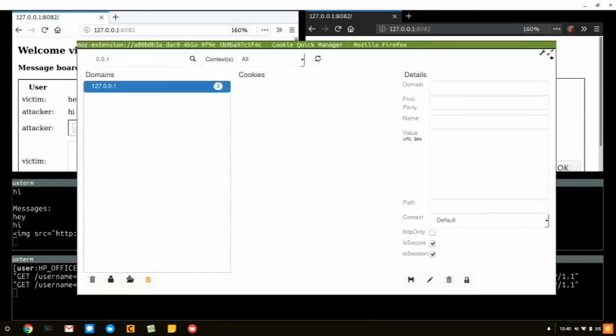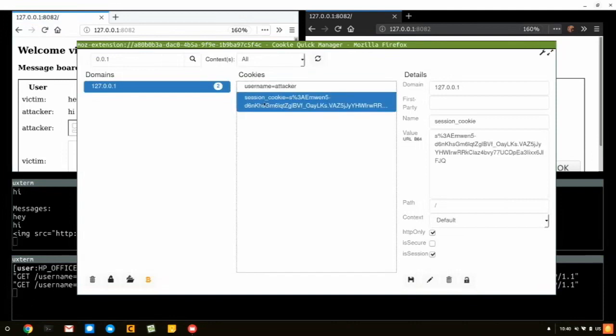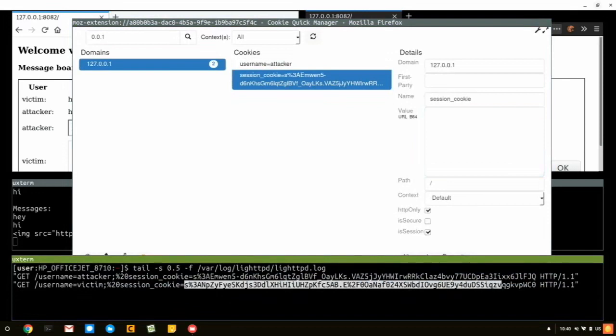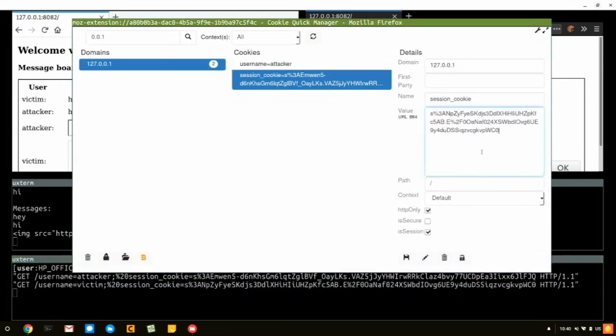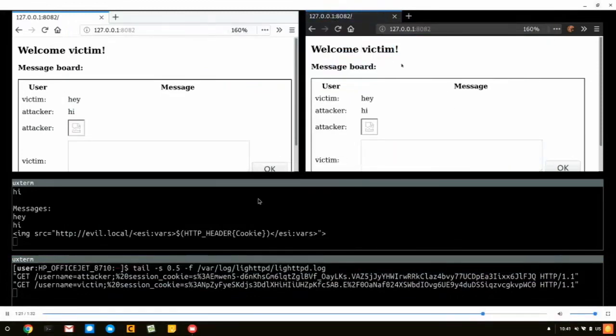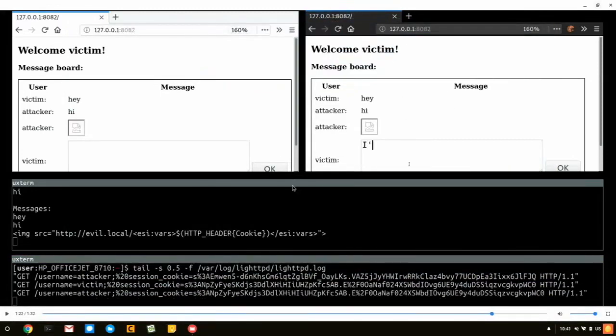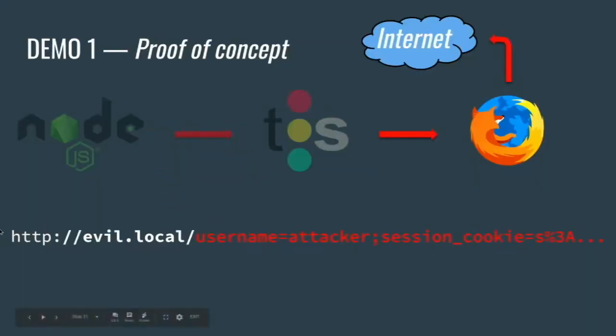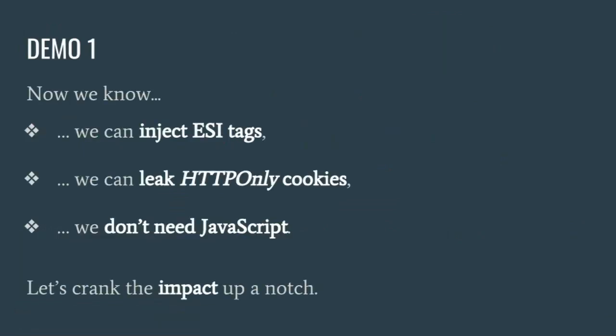We're going to look at all of our cookies right now, and we confirm that the session cookie is HTTP only, meaning that JavaScript could not have accessed that cookie. We're going to replace our own value with the one that we just stole. We're going to save and refresh. And there you go. So we just did JavaScript-less session hijacking using ESI injection. Okay, let's just go back here. So now we know we can inject ESI tags, we can leak HTTP only cookies, and we